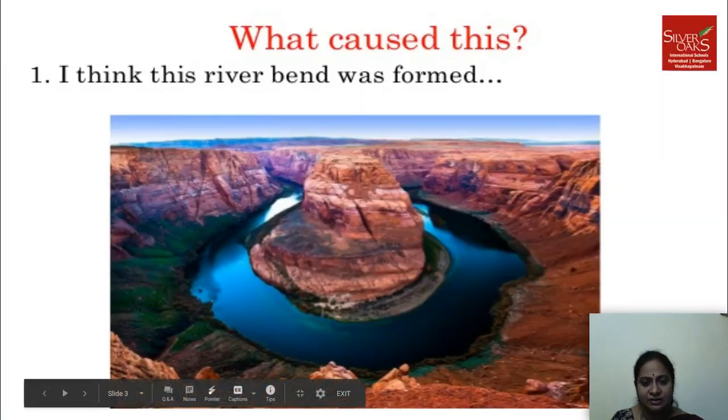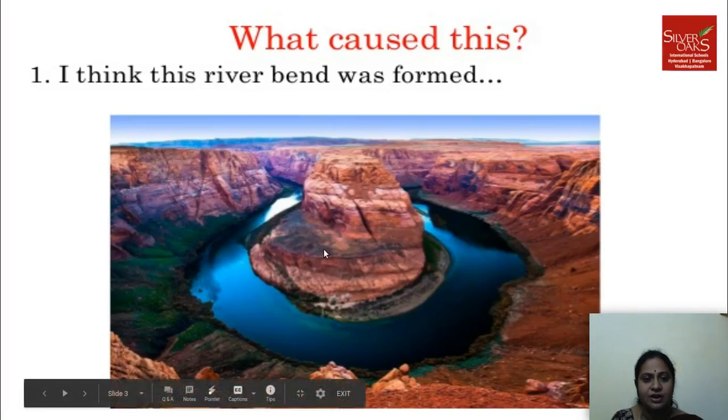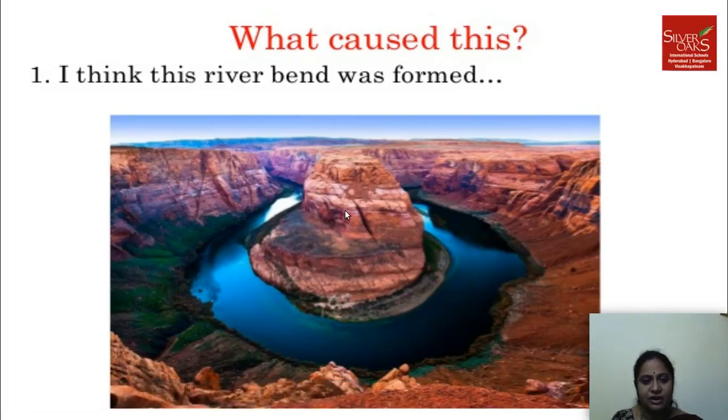Here you can see a river bend. If you see the structure of this river bend, there is rock. This river bend is surrounded by rock, and there is a rock in the center which makes us feel like an island. You also can see two inlets of water into it. Here is a question where you have to think and deep dig into your memories or your experiences or any of your previous knowledge. What caused this?